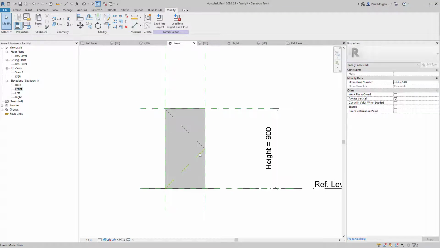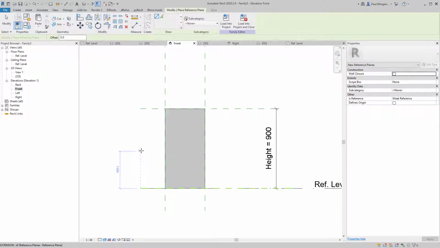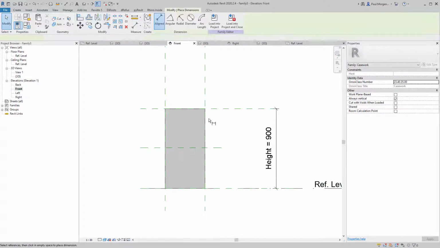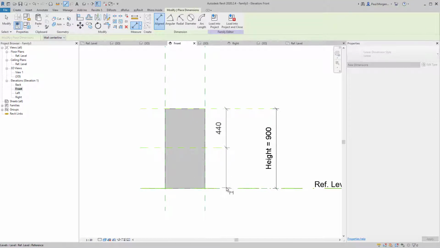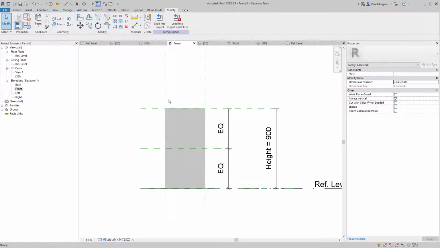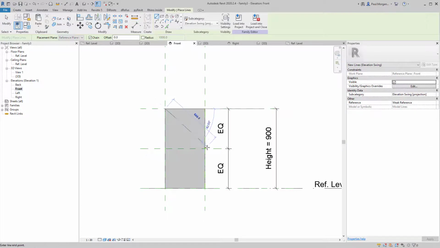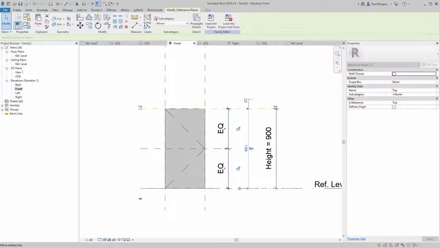Okay, so we've got to do a little bit more work quickly. I'm just going to delete those. We need to create a few more reference planes. So I'm going to go RP for reference plane. I'm going to draw one reference plane here, and then dimension this once here, hit tab on your keyboard, click there, and then click the EQ button. Now let's do that again. LI for line, and I'm just going to go once there, once to the middle of the door, once to this corner of the door, hit escape, and let's just see